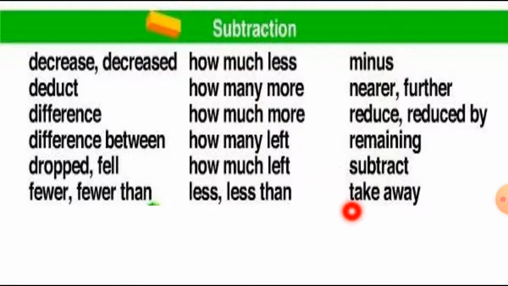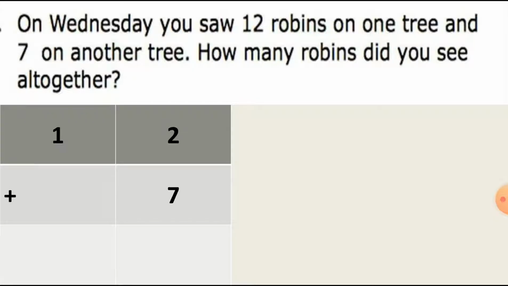So whenever you find these types of keywords, you have to decide whether this is an addition sum or a subtraction sum, whether this is a keyword of subtraction or a keyword of addition. You have to write down this list with you, in the fair book and in the rough book, so it will be easy for you and helpful to identify whether the sum is addition or subtraction. Now let's start. So practice.